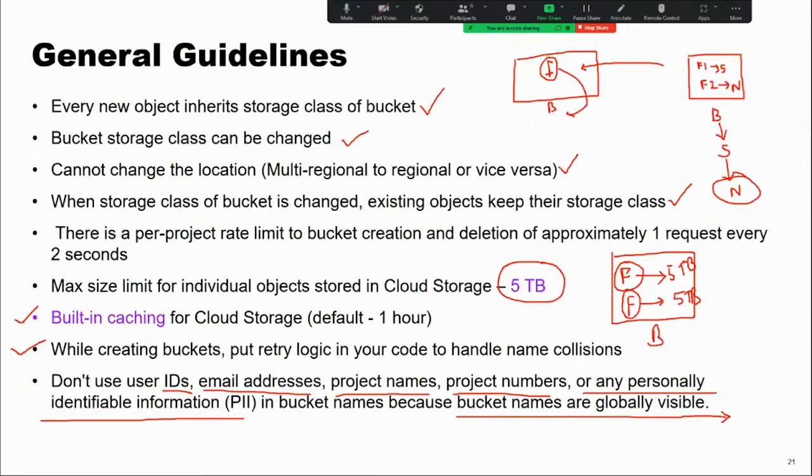SDK is nothing but software development kits. Some people wanted to load the data to Google Cloud Storage from their local machine, and the data is very huge but the Cloud Shell has only a 5 GB persistent disk, right? Disk storage is 5 GB only in the Cloud Shell. If I wanted to store a 10 GB file inside my cloud storage, Cloud Shell is not useful for me. In that case, I will download a Cloud SDK. I can upload that. So that is one way of doing it. That is what we call online and offline.